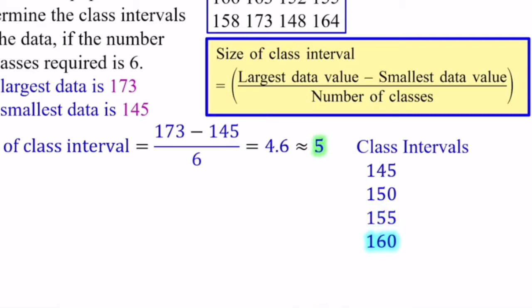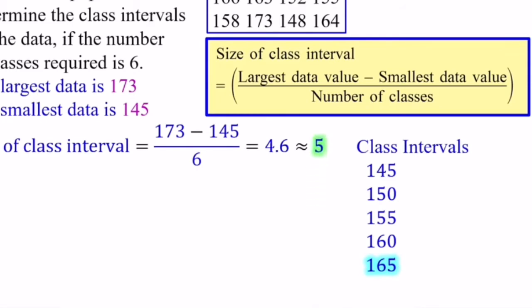Okay, so now we label until 170, right? Now we only label until 165. So we make it 170, so that we can cover all the data in the distribution. Okay, so now we have the last one, which is